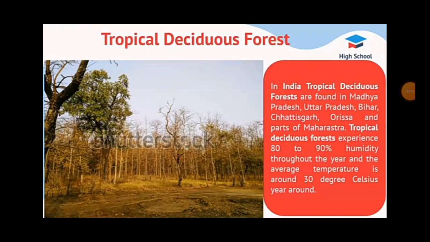Tropical deciduous forest. These are found in the areas with 100 to 200 centimeters annual rainfall. These are called monsoon forests. The Himalayan region, Great Plains, Punjab, Haryana, Uttar Pradesh, Madhya Pradesh, Andhra Pradesh, Tamil Nadu and Kerala are notable for this type of forest. Teak and sal are the most important trees. These forests also provide fragrant oil, varnish, sandal and oil for perfumes. These types of forests always shed their leaves, so they are called tropical deciduous forests.